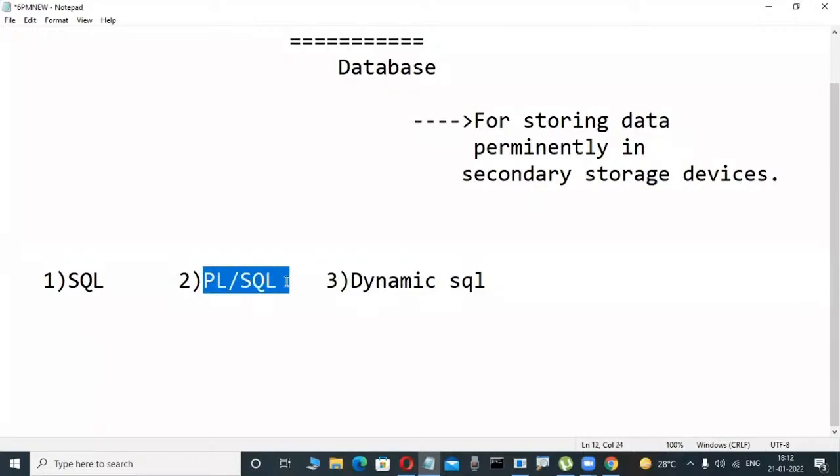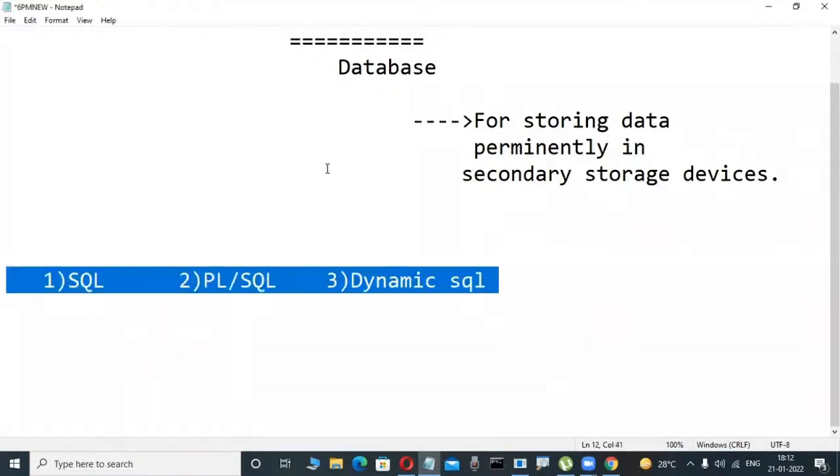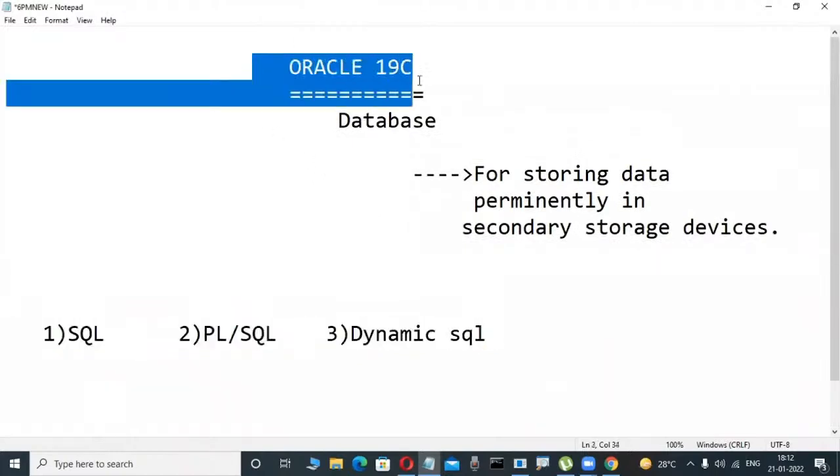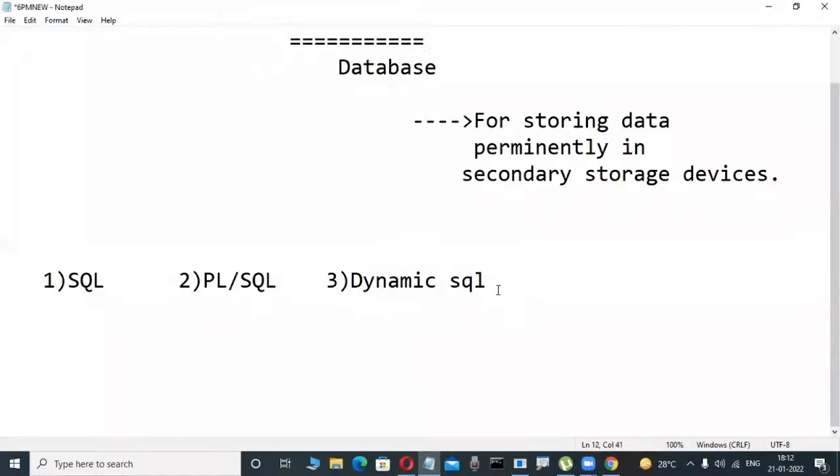PL/SQL, procedural language extension for SQL. Another language is dynamic SQL. Through these three languages, we operate this Oracle software in your companies. Okay? Up to this one, I told you a small thing, but unfortunately, some fellows are asking, a first-time newcomer, Murali,